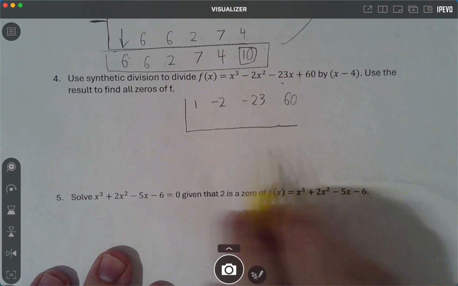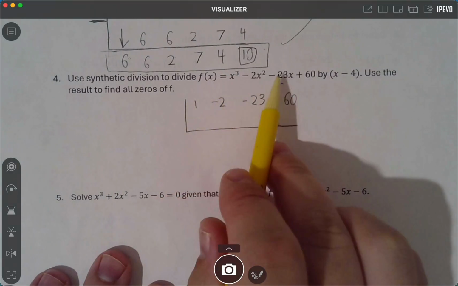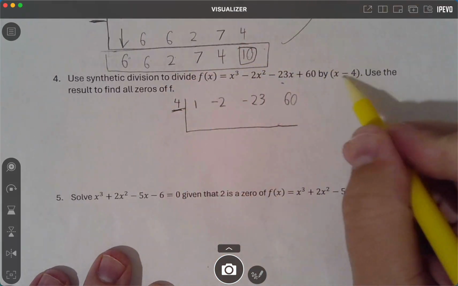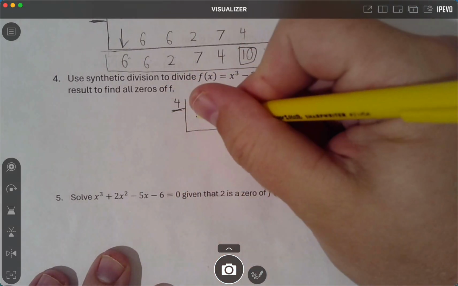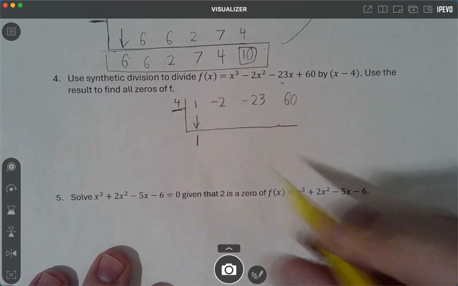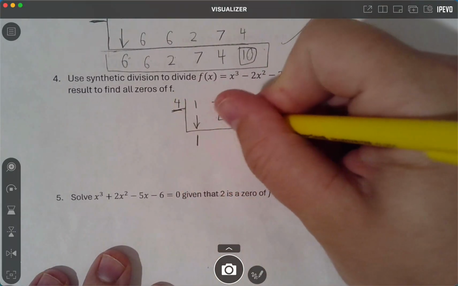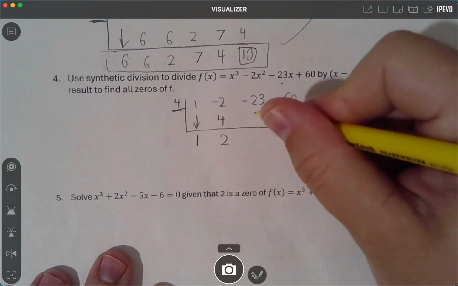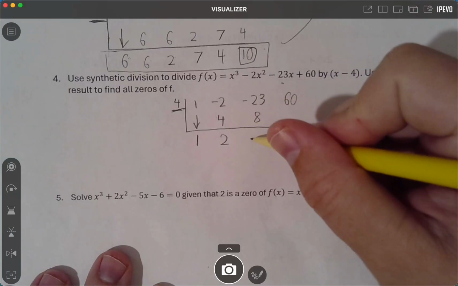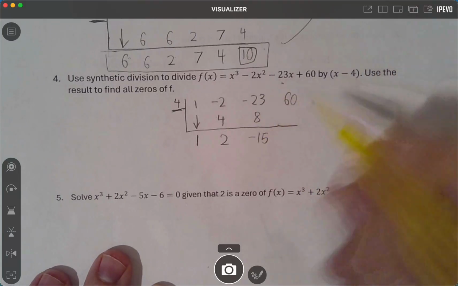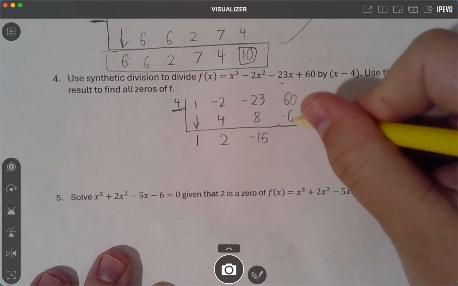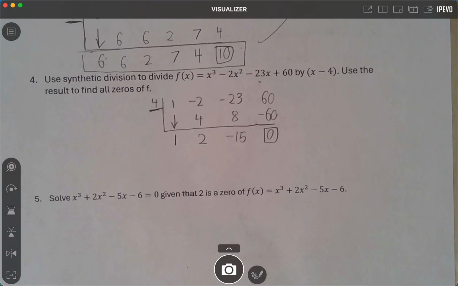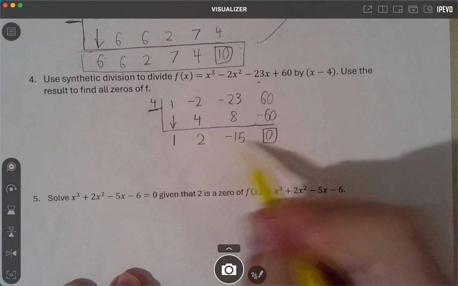There's the coefficients of the original: 1x cubed, -2, -23, and 60. I'm going to use positive 4 because that's the root value of this algebra. And here we go. Drop the first thing, then multiply. Combine your results and multiply. Combine your results, what is that, -15? And multiply. Combine your results. And as I said, no surprise, there's 0 at the end, which means I now have the